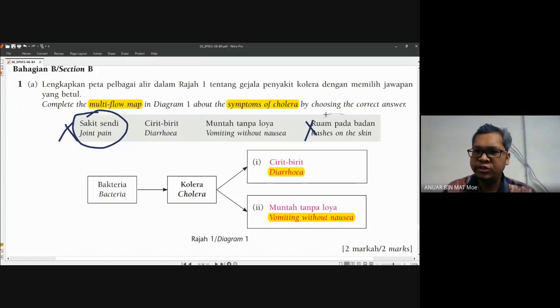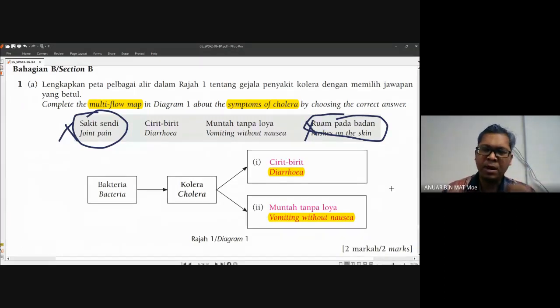And then how about rashes on the skin? Rashes on the skin is usually tinea, right? Tinea or the ringworm, okay, or the skin disease. A skin disease usually gets this symptom, right? But diarrhea and then vomiting, because the cholera bacteria will spread maybe through food, ya, melalui makanan, contaminated food, because